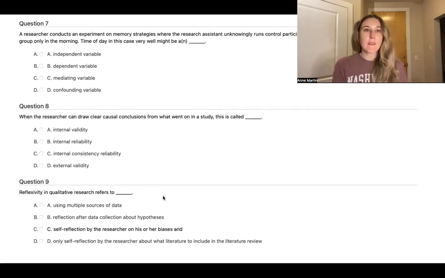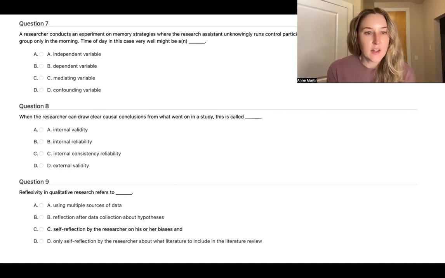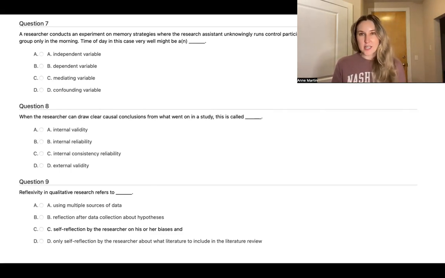Now, reflexivity. There was some good discussion about how, in qualitative research, you might garner strong validity in your study. Reflexivity is when the researcher reflects on their own biases and how that might be impacting the results they are drawing. In a lot of qualitative studies, and we'll go more in depth about this, especially when you do that critique, you should expect to see a reflexivity statement where the researcher talks about their own identity and experiences and how that might impact how they interact with the data.